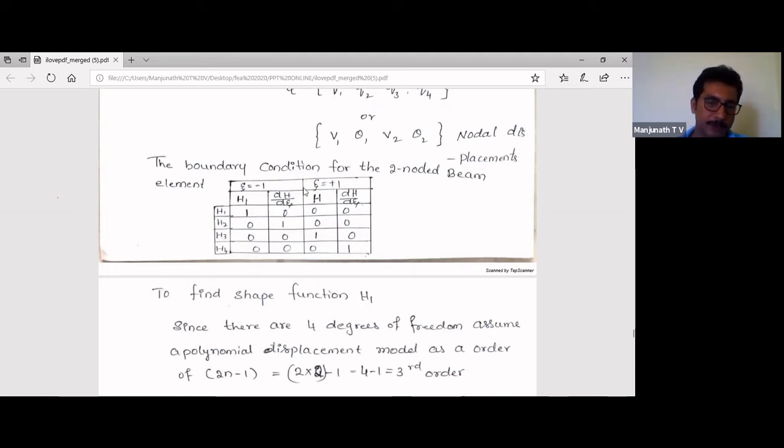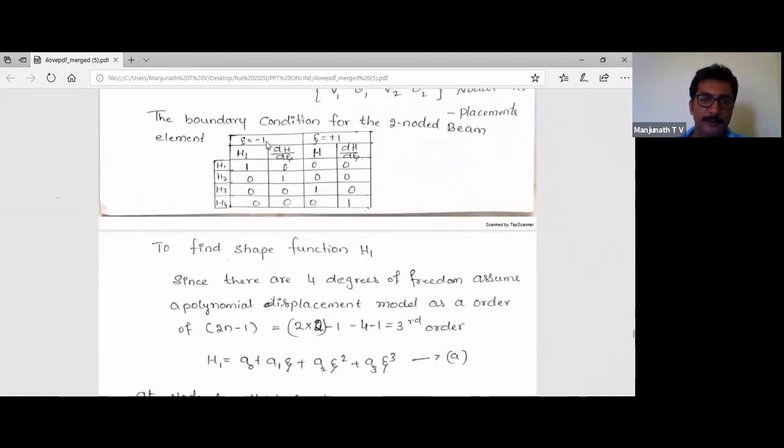Now at node 1 we have two Hermite shape functions: the vertical one, h1, and the rotational one, the derivative of the Hermite shape function h. Similarly at node 2, the second vertical Hermite shape function, then the rotational one, dh divided by d zeta. So at each node there are two Hermite shape functions, two at the first node and two at the second node. That is what we have written as h1, h2, h3, h4: at node 1 h1, h2, at node 2 h3, h4. Now, how are we going to obtain these values? Writing these values is very easy.